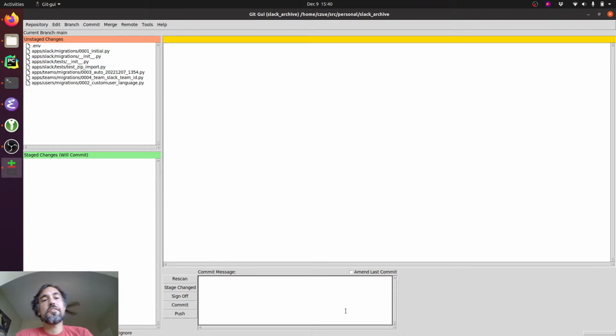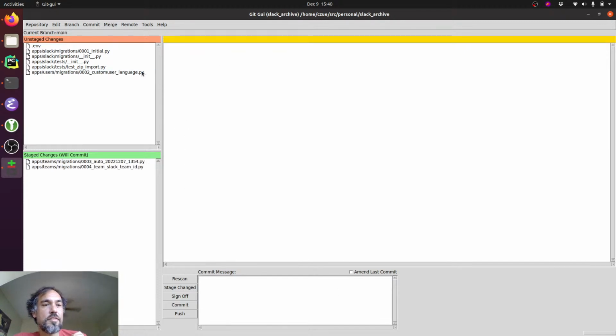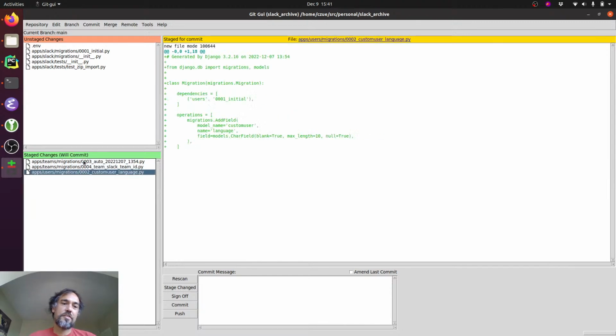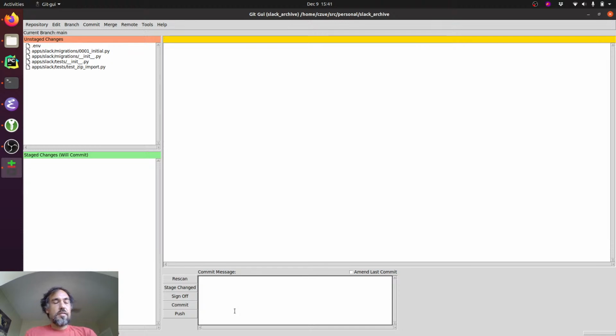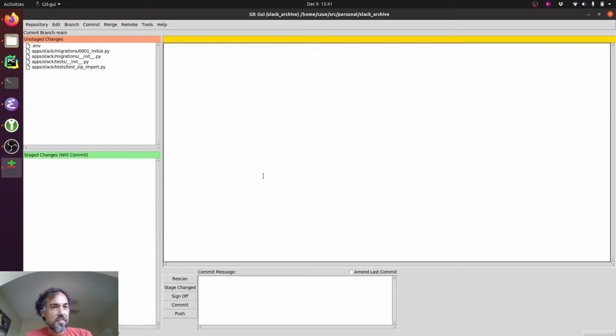I do commit my migrations to the repo, but actually, you know what I am going to do is commit these migrations because I don't expect to make a lot more changes to these models. But I'm not going to commit my Slack migrations yet, just because I know I'm going to be iterating on these data models a lot, and I find it's easier to just delete the migrations and rerun and fake them, rather than doing squashing stuff that I've never actually taught myself. So I'm happy with how this looks, and now we can go back to our